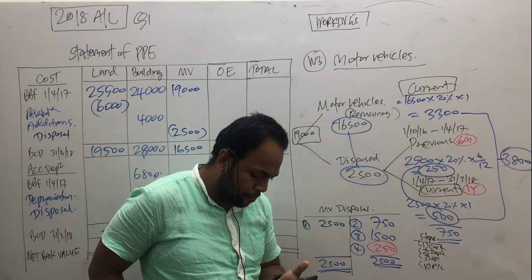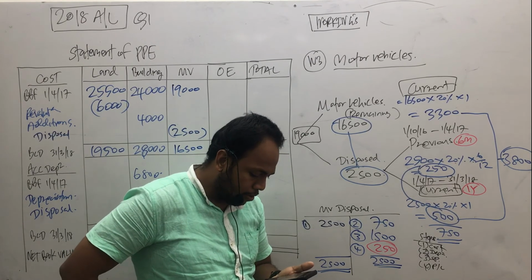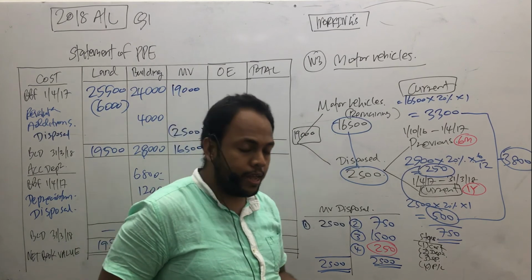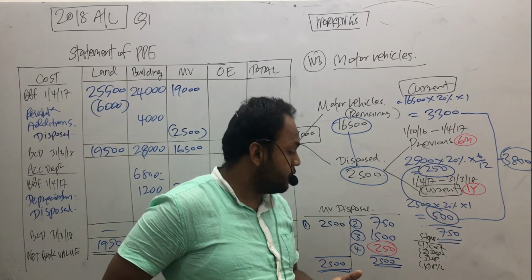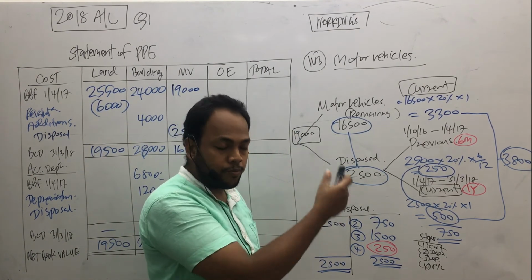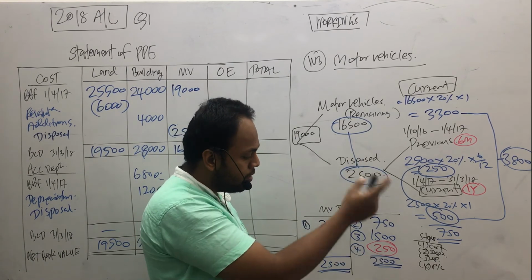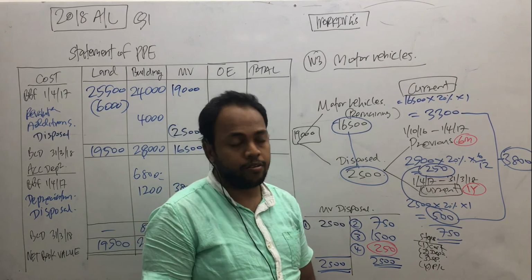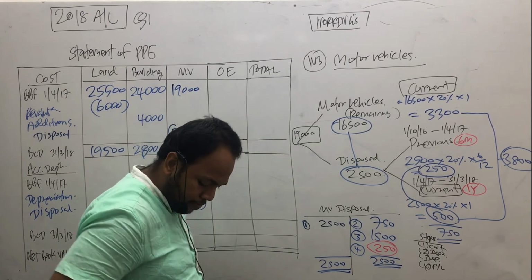The disposal has been properly accounted for, and the loss on disposal of the motor vehicle has been recorded under distribution expense. So you have to deduct 250 from distribution expense, from the distribution column, minus 250, and take this into other expenses. Okay. So when it comes to the